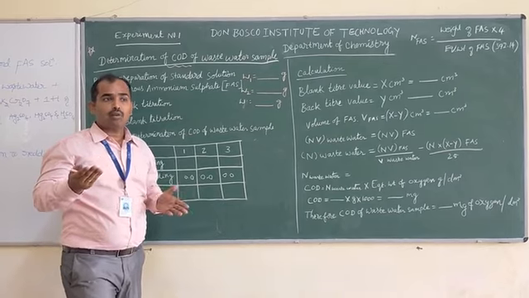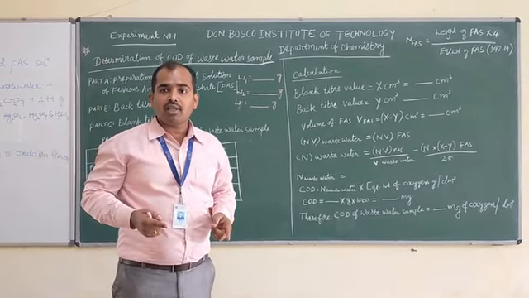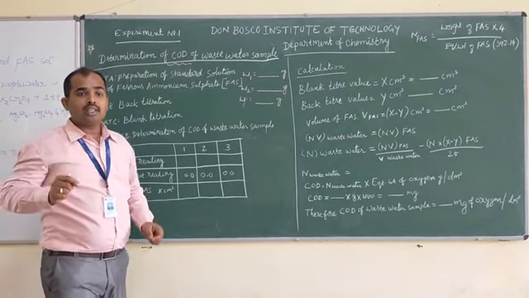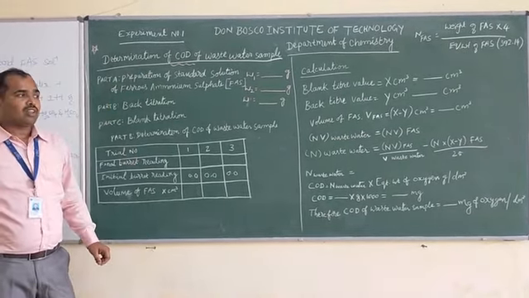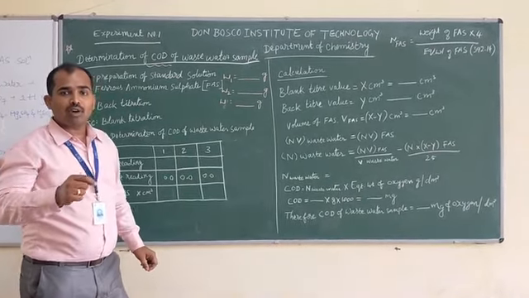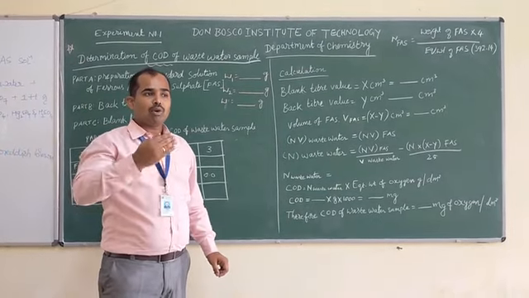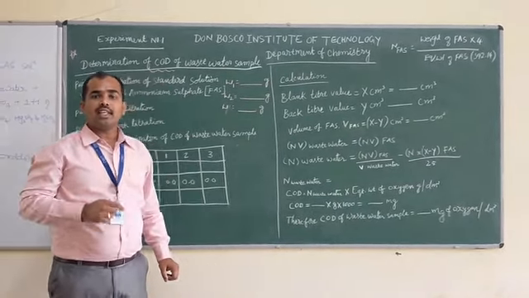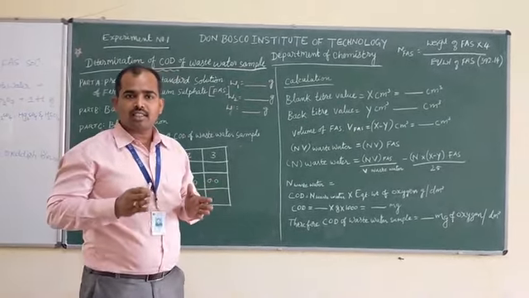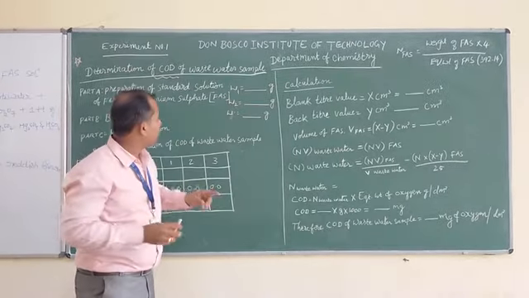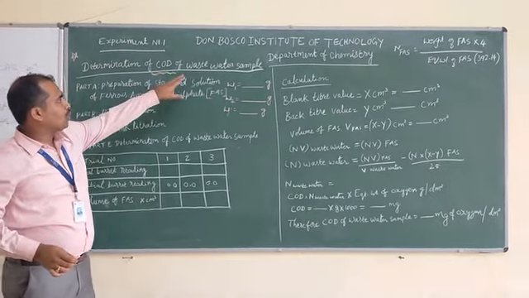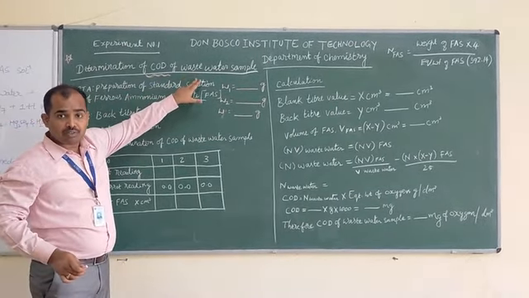Then of course you might have known about the difference between wastewater and sewage water. The wastewater, the water which comes out from industrial usage, is called wastewater. It is also called industrial effluent. Similarly, sewage water is nothing but the water which comes out after domestic usage, called sewage. So now we got the difference between sewage water as well as wastewater. But here we are going to perform the COD experiment because this is a very important parameter in order to identify the purity of the wastewater.